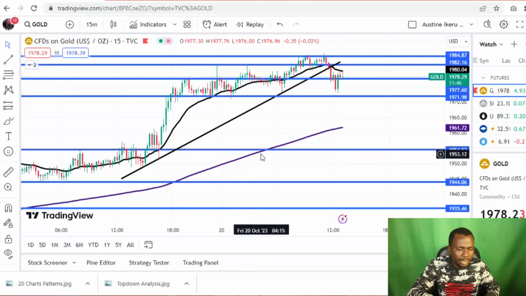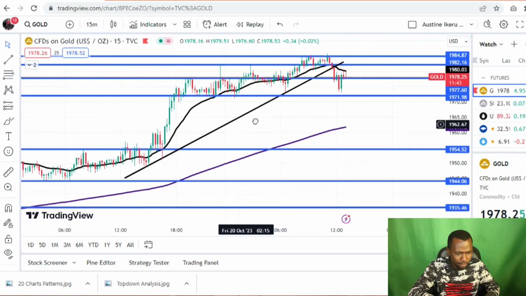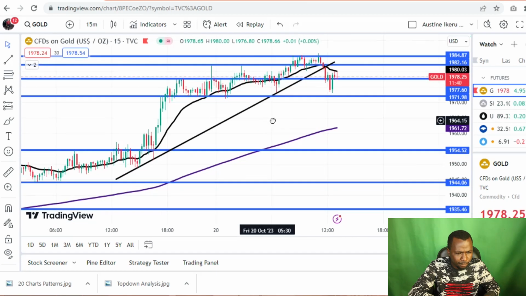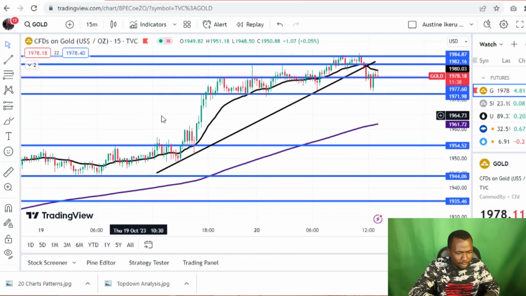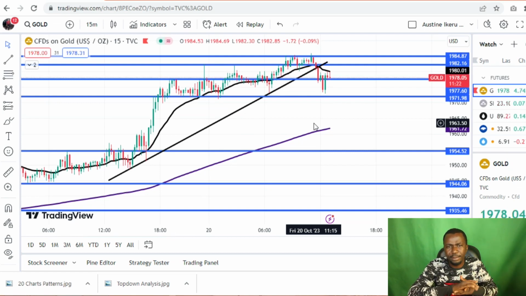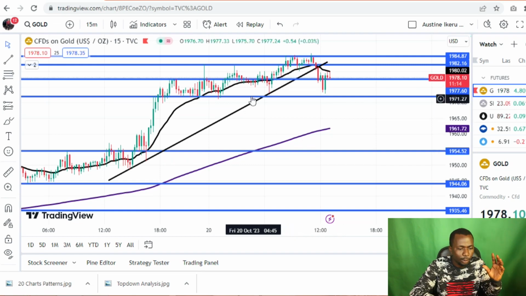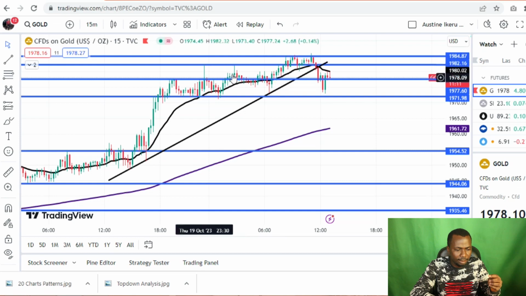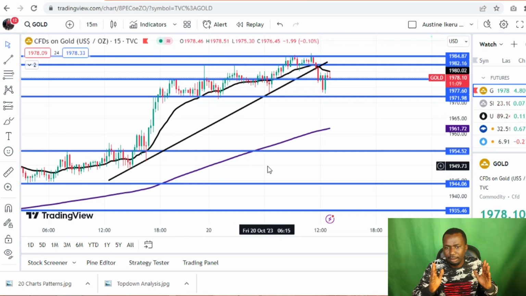So right now we are on the TradingView platform. To trade this strategy is very simple. So what I'm going to do right now is delete all these levels, right? This is the 15-minute time frame and we are trading gold, because I told you I normally trade with a 15-minute time frame as a day trader. Why do I use the 15-minute time frame? For me to be able to know the movement of the market in a day, so that I can get my small pips, right? So I'm going to delete all these levels, so that we can now show you an example